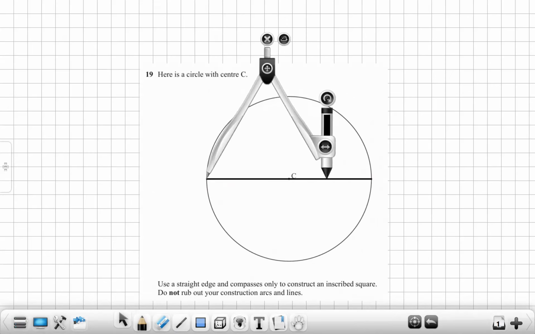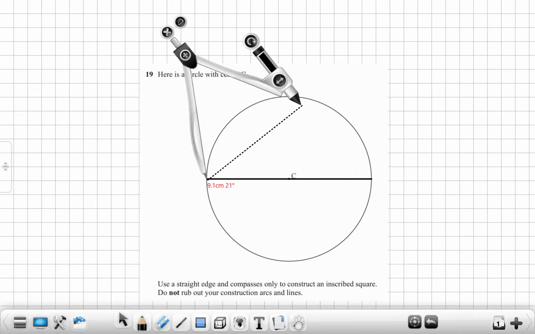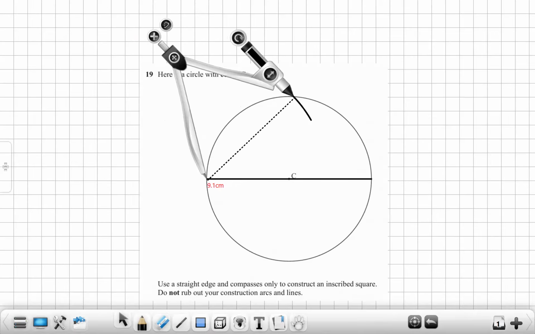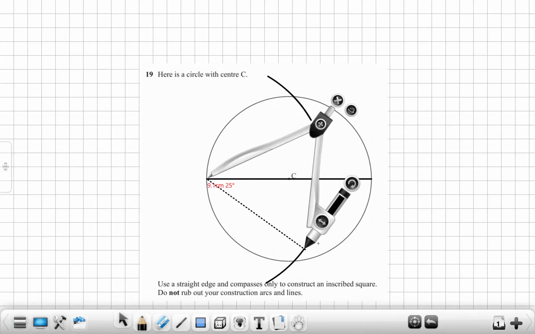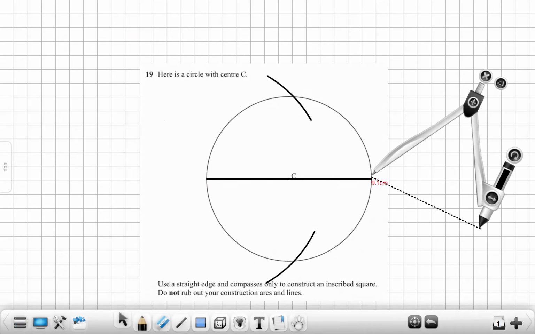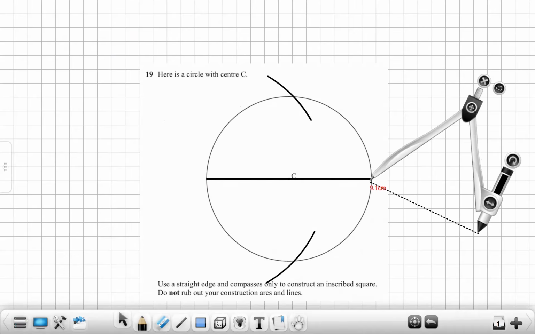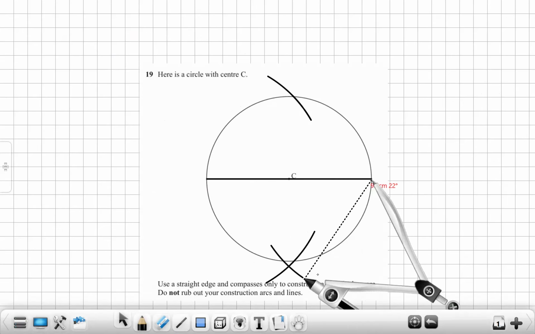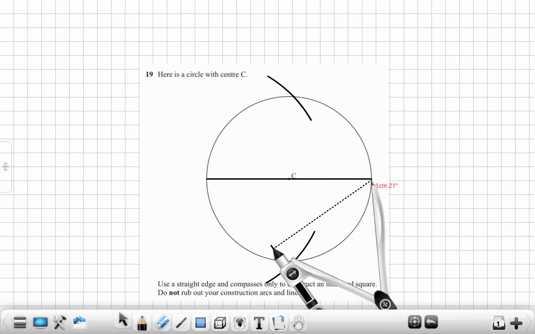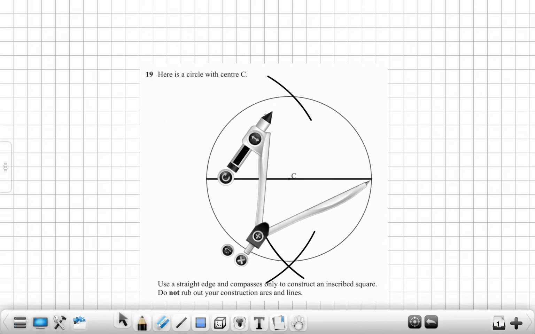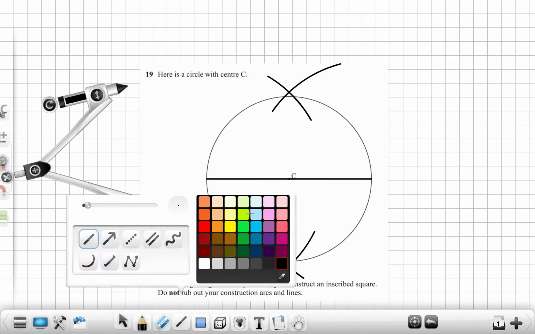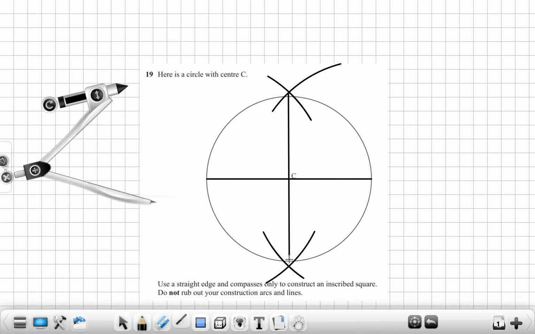You can make an arc up, and then you go down and you make another arc. You come over here and you do the same thing exactly. And here you do also the same thing. These 2 points of intersection, you connect them with a ruler, you're going to find that you drew the perpendicular